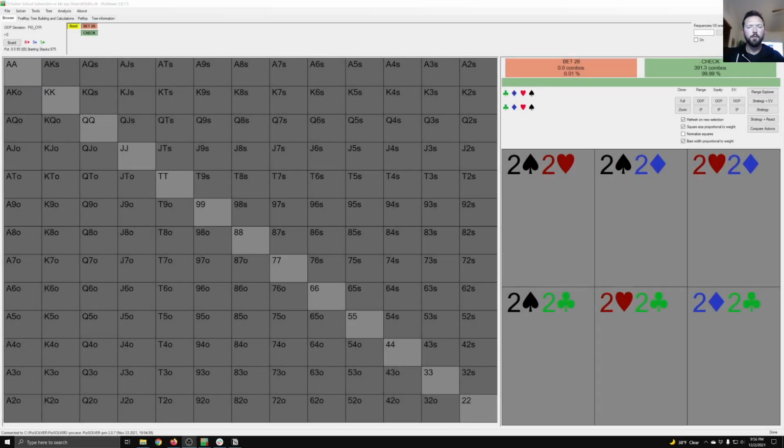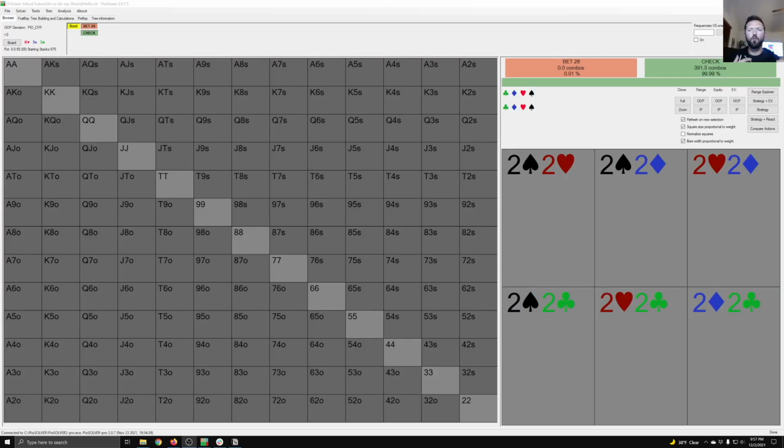So now that we've gone through the tree building tab, we can move on to the browser tab. The browser screen is where we can navigate the tree and look at the output of our solution. While this tab looks incredibly simple, there's a massive amount of data stored within this interface. We can select a variety of options within this interface to display different levels of aggregation of this data